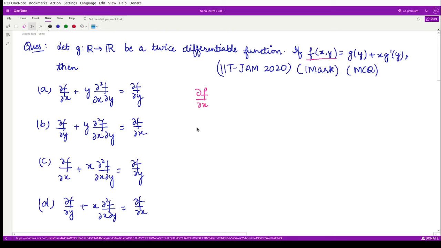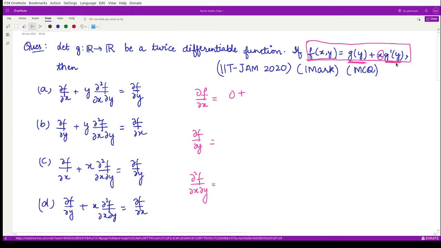then del f upon del y, and then this double derivative. If you calculate all these things, you will be able to judge which of these four is correct. So here our function is f of xy, which is given to be g of y plus x g dash y. When you take the partial derivative of this function with respect to x, the first quantity depends only on y, so this would be 0, plus